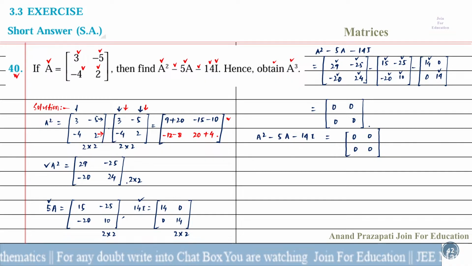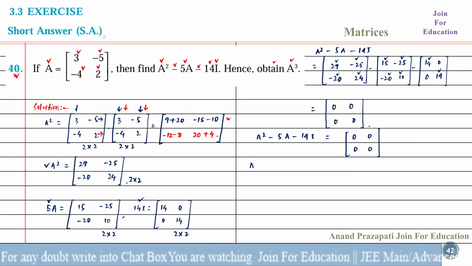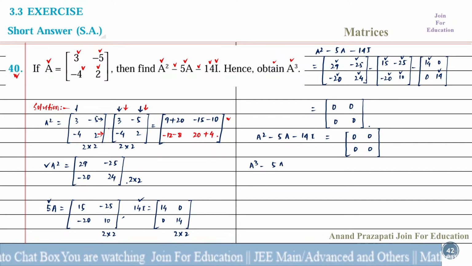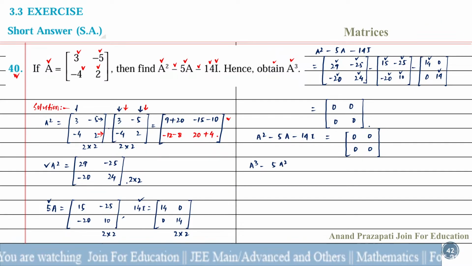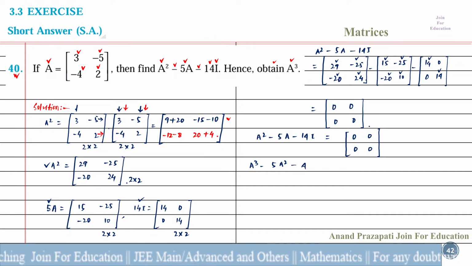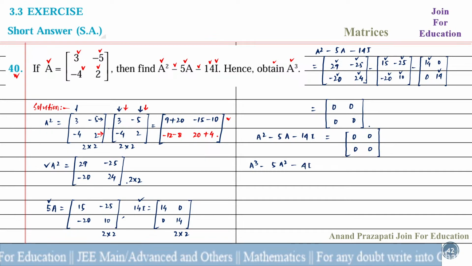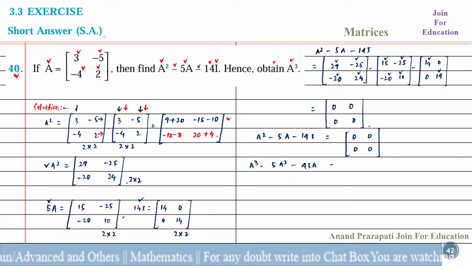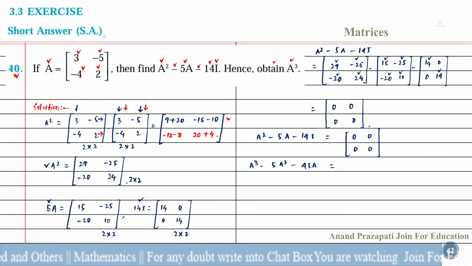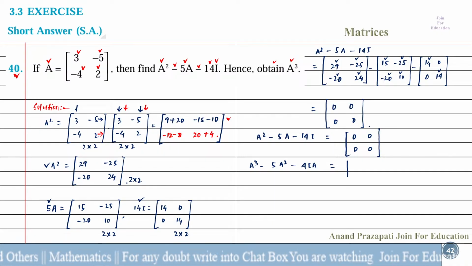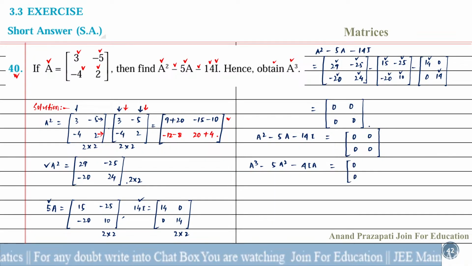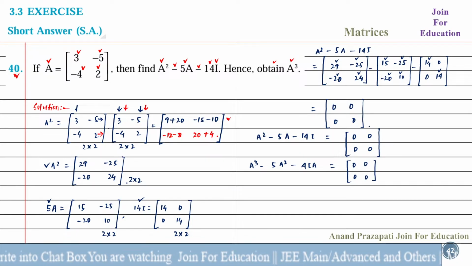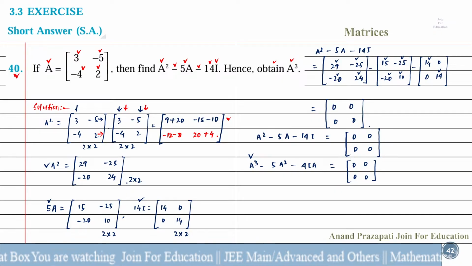Multiplying both sides by A, we get here A cube minus 5A square minus 14 into I into A equal to A into 0 equal to 0, 0, 0, 0. Therefore A cube equal to,